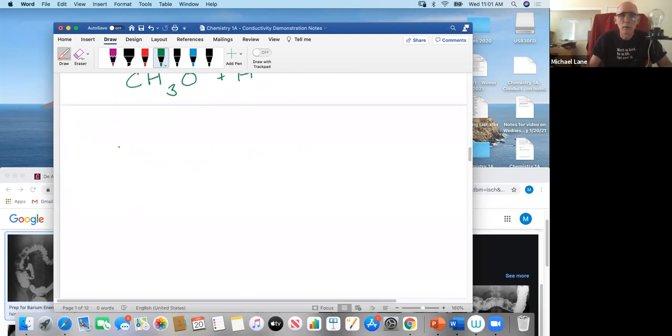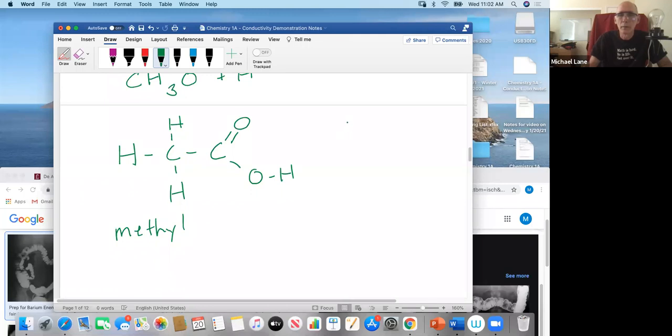The next one was acetic acid. And I'm going to write the full line formula for acetic acid. You can see, again, I have this CH3 piece of the molecule. When you study organic chemistry, you're going to see that this is called a methyl group. And in almost all cases, certainly the ones we're going to deal with, it stays by itself. Carbon, double bond to an oxygen, bond, oxygen, bond, hydrogen. It has the formula C2H4O2,